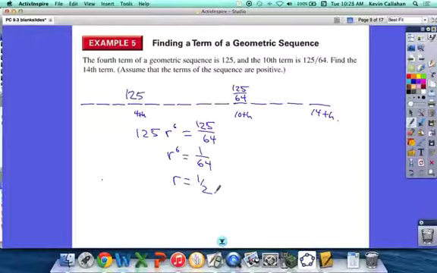Okay, now, if we wanted to use the formula, that would be one part of what we needed. We would also need to know the first term. But do we really need to do that? If we know that the R is 1/2, how could I find the 14th term since I already know the 10th? Multiply by times R how many times? 1, 2, 3, 4. To go from the 10th to the 14th, you would multiply times R 4 times. So we would do 125 over 64 times 1/2 to the 4th equals